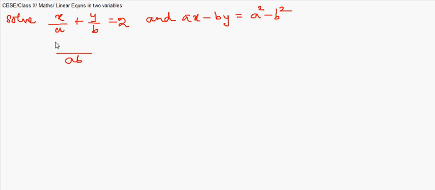By doing so, I'm getting this as bx, this as ay, and to cross multiply I will be getting 2ab. So I'm getting bx plus ay equals 2ab,